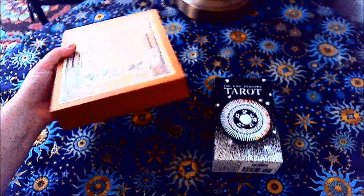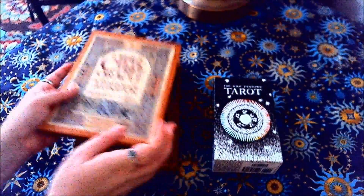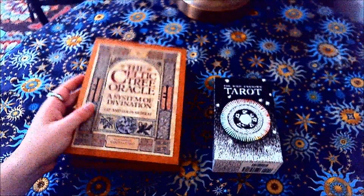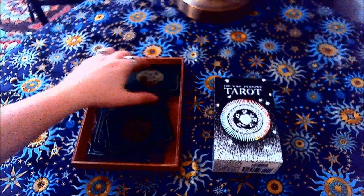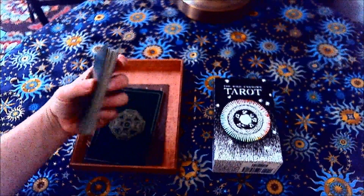It's a really nice deck. It comes in a little cedar box, I think. Yeah, it smells like cedar. And the cards are in there. Now, the cards that I got, they are a little